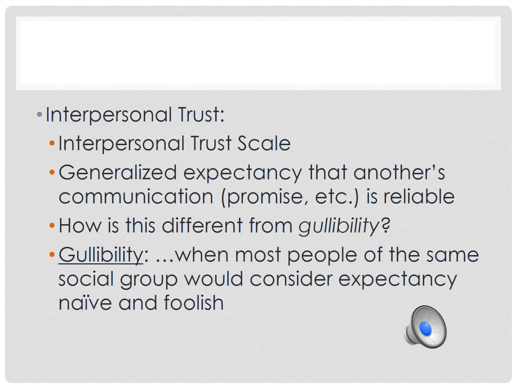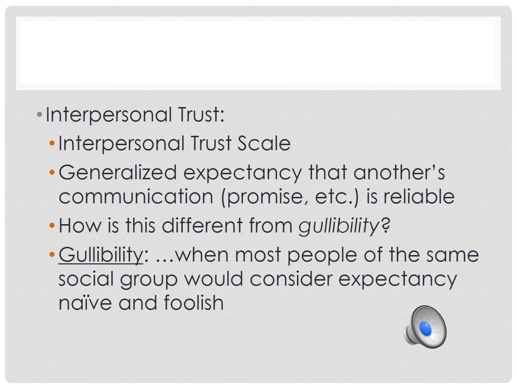All right, so how does Rotter describe or define interpersonal trust? He's pretty specific about it, as we might expect somebody with a behavioral background to be. He doesn't just have a behavioral background, but that's part of his background. And his definition, you see there in the second sub-bullet. Interpersonal trust, from his perspective, is a general expectancy that other people's communication, like a promise or if they say they'll do something, is reliable, that they will generally follow through.